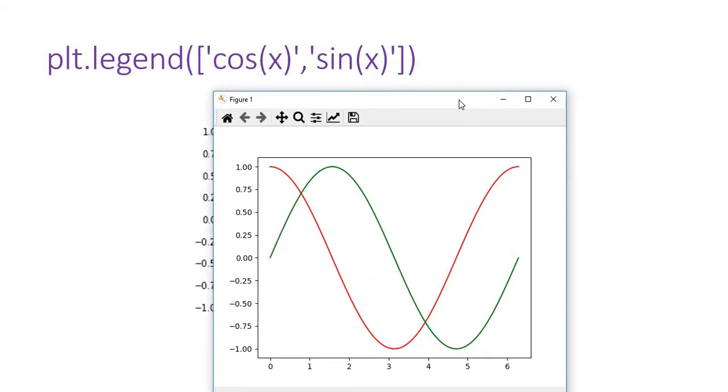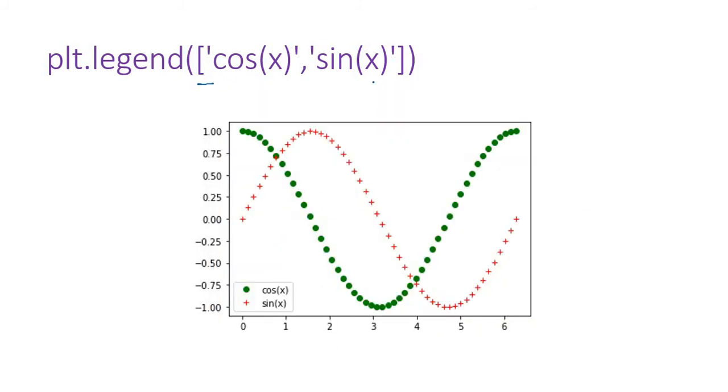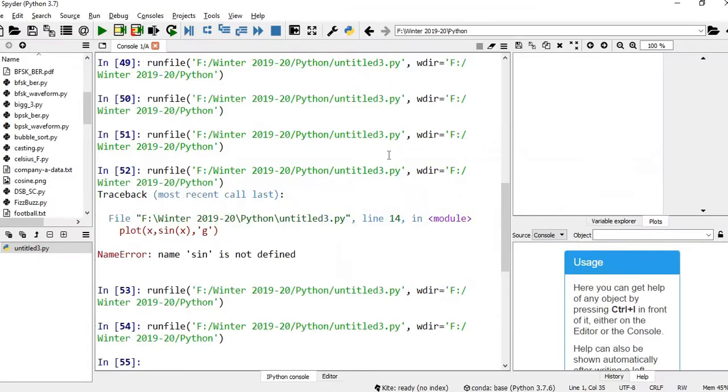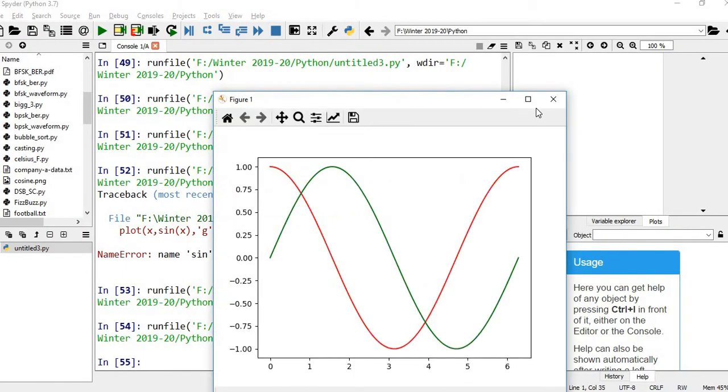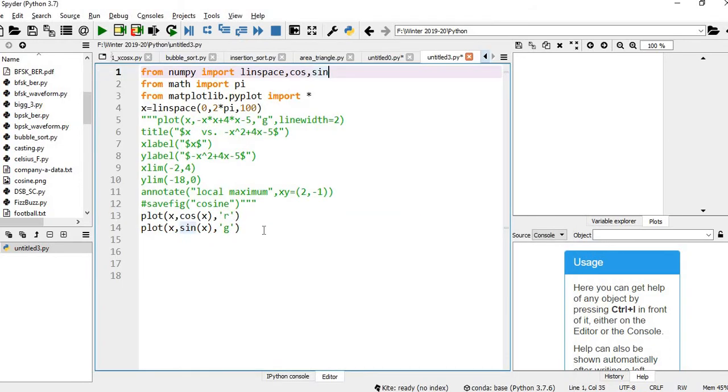How we need to define it: like an array, we give legend, round bracket, then square bracket. Within that, in string format, you give whatever label you want. So let me close this.